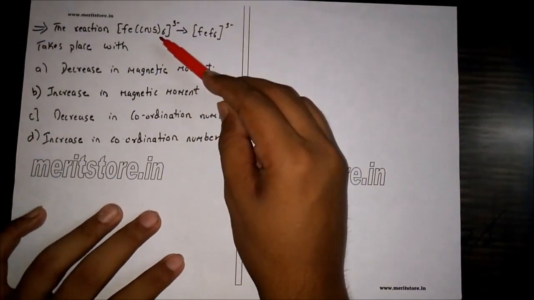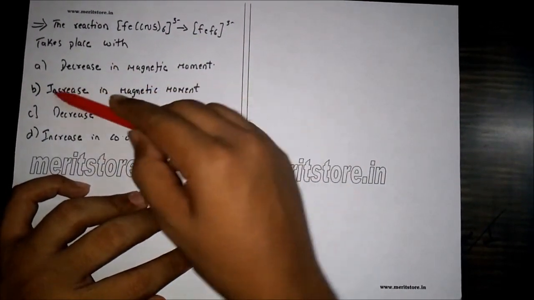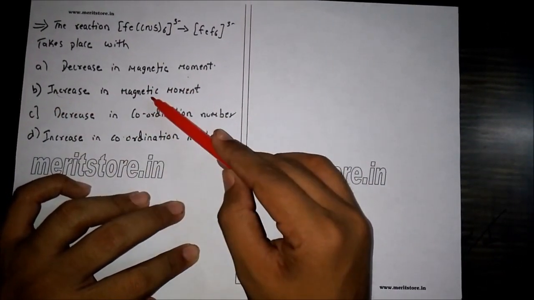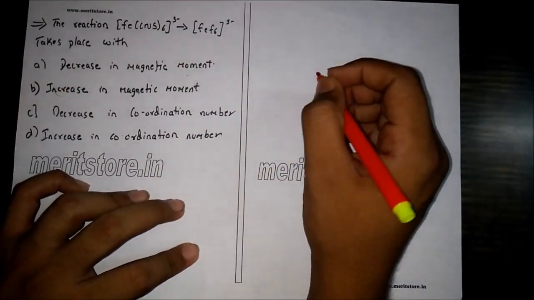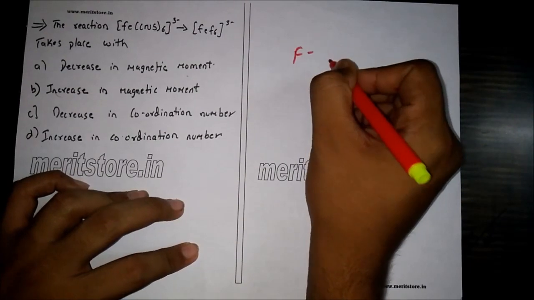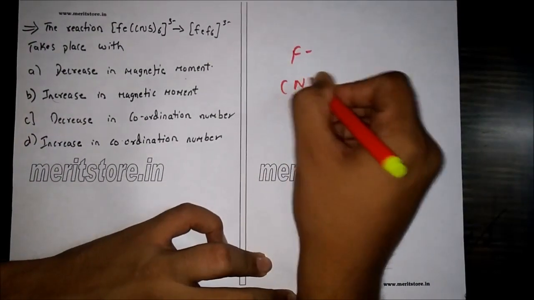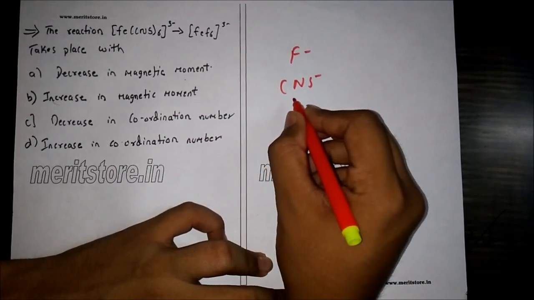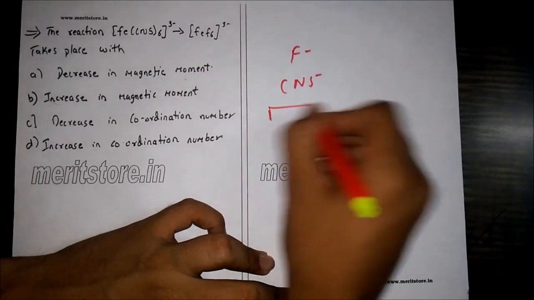The reaction Fe(CN)6 3- gives FeF6 3- takes place with: A. a decrease in magnetic moment, B. an increase in magnetic moment, C. a decrease in coordination number, or D. an increase in coordination number. Now F- is a weak field ligand, and CN- is a strong field ligand. Therefore CN- is a strong field ligand, and Fe(CN)6 is an inner orbital complex which is given by